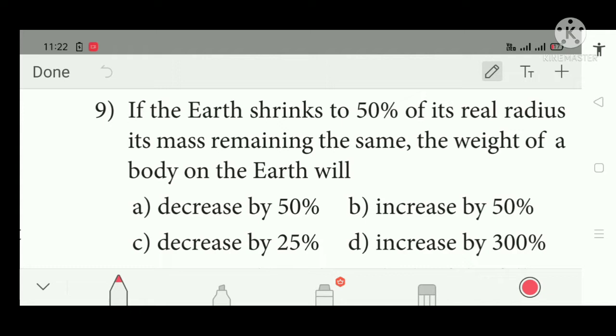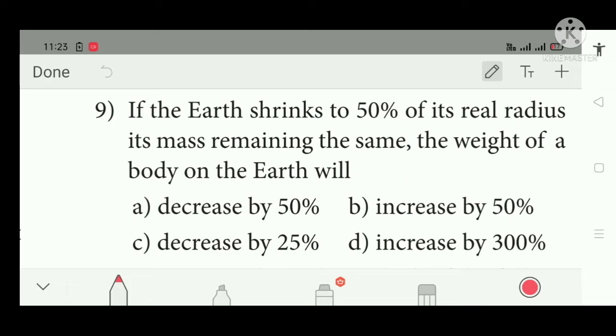If the Earth shrinks to 50% of its real radius, its mass remaining the same, the weight of the body on the Earth will decrease by 50%, increase by 50%, decrease by 25%, increase by 300%. The correct answer is